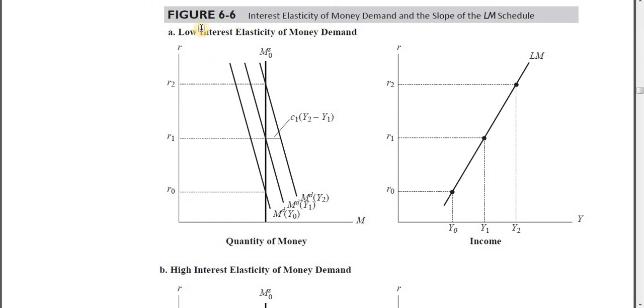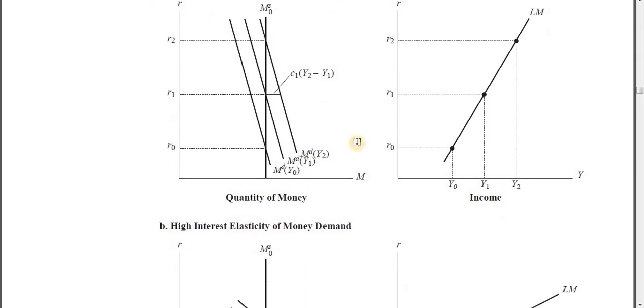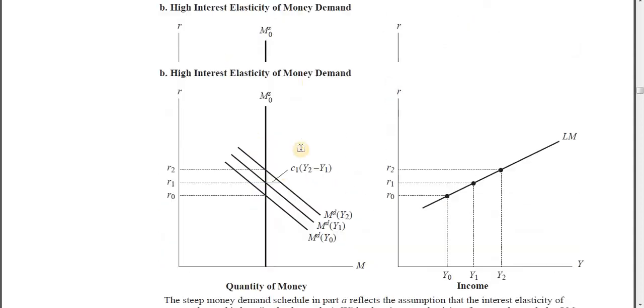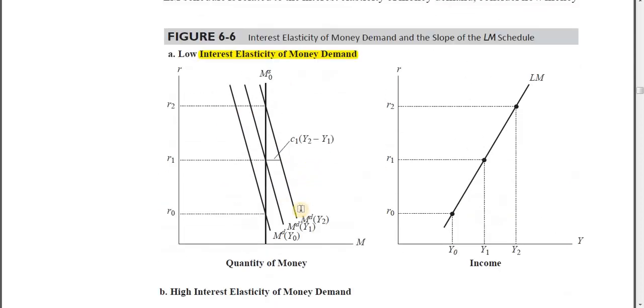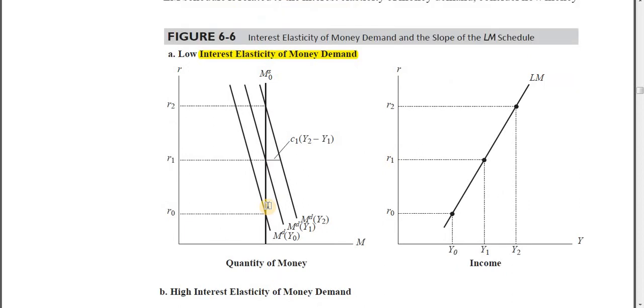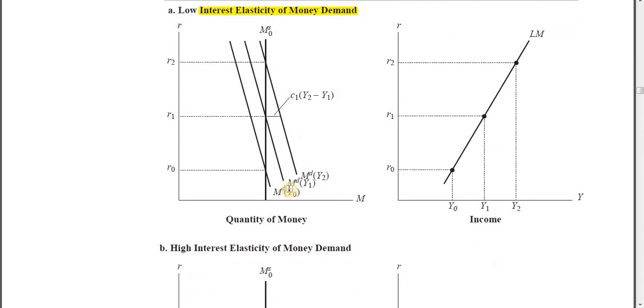But let's now understand the interest elasticity of money demand part. Here we need to focus on the shape of the MD curve, because ultimately how responsive the money demand is to the change in the rate of interest is showcased in the shape of the money demand curve. If interest elasticity of money demand is very high, then the money demand curve would be flatter, as it is here in this very case. And if the interest elasticity of money demand is low, then the MD curve would be steeper. I'm sure this we either way know.